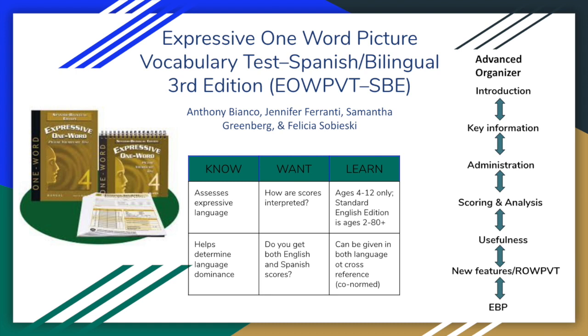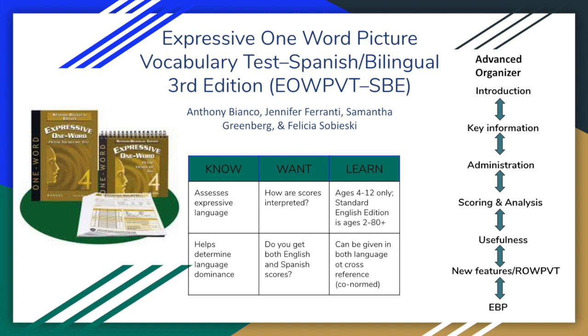The Expressive One-Word Picture Vocabulary Test, Spanish Bilingual, 3rd edition, or the EOWPVT-SBE by Anthony Bianco, Jennifer Ferranti, Samantha Greenberg, and Felicia Sobieski. For our advanced organizer, we're going to begin with our introduction, key information, administration, scoring and analysis, usefulness, new features